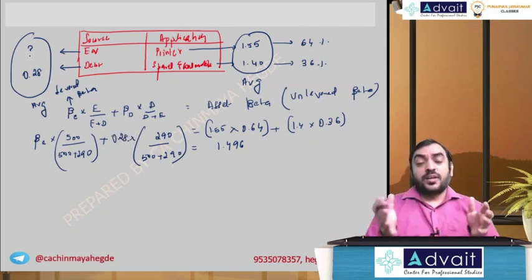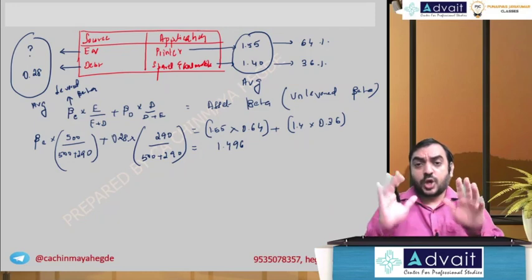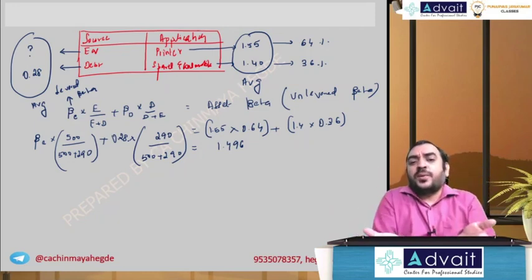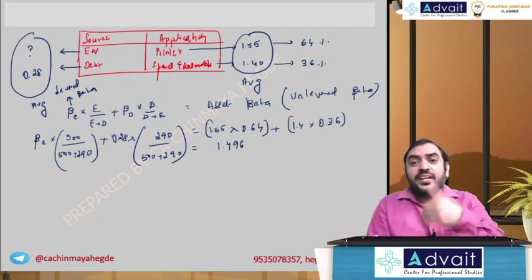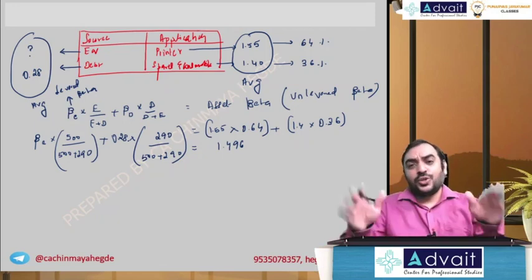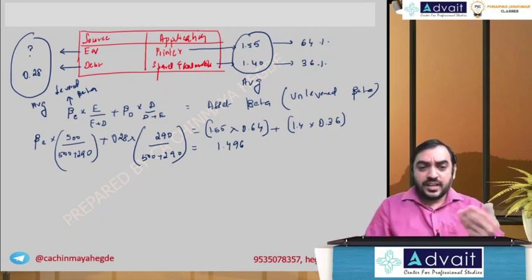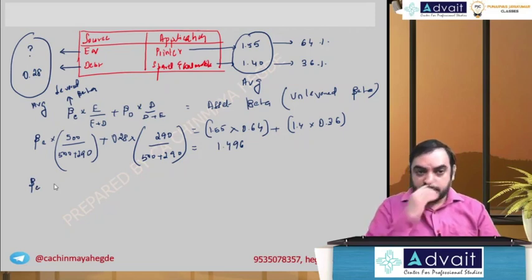So I'm not making use of any levered beta or unlevered beta formula. Everything is conceptual. The only concept you have to keep in mind is weighted average: weighted average on the asset side separately, weighted average on the source side separately. Equate the two, you are done. Simple. Let's simplify this now. This is beta of equity into 500 by 790, which is 0.6329. This is 0.28 into 290 by 790, which is 0.1028.